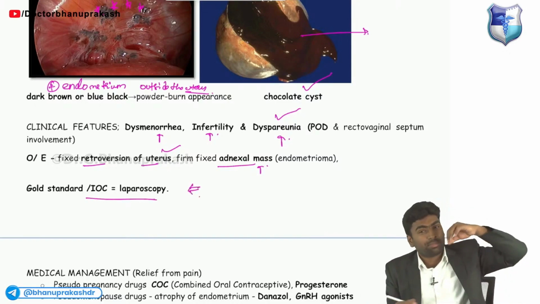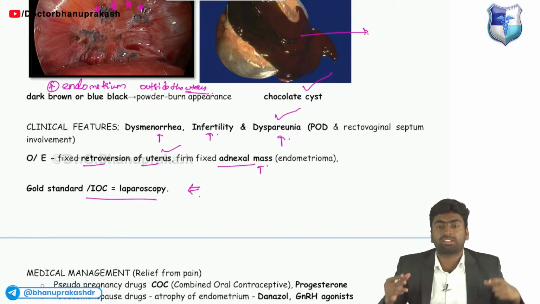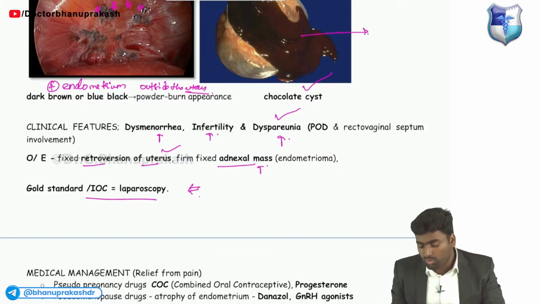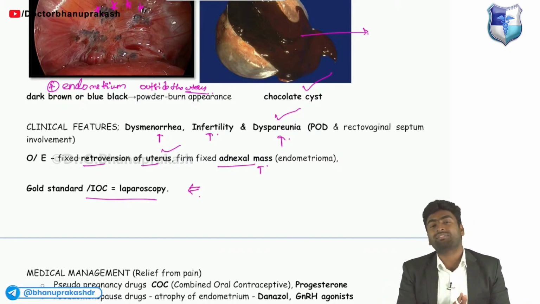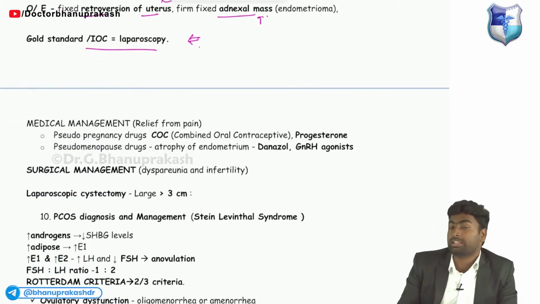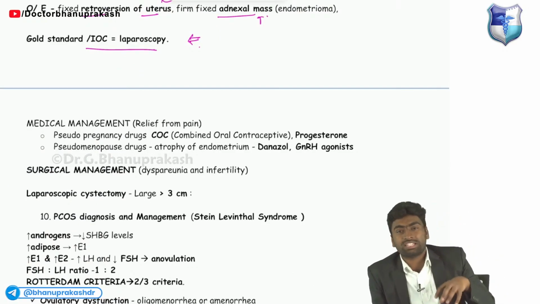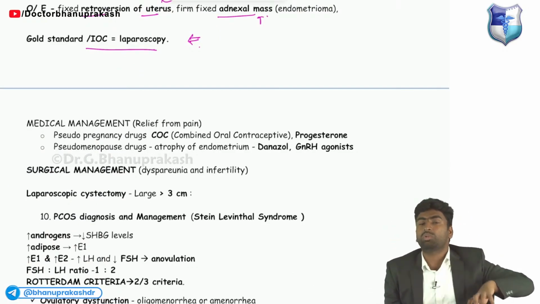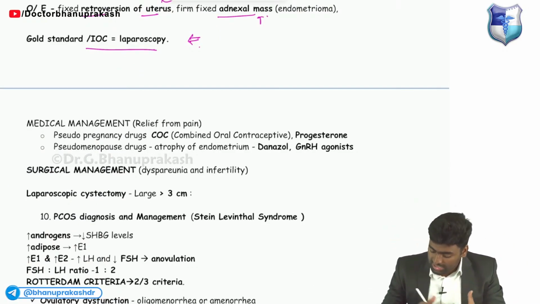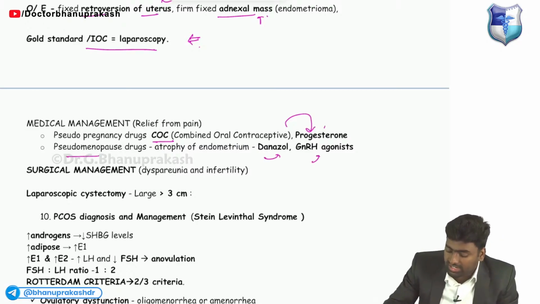So with laparoscopy, we'll diagnose it, take a sample, do histopathology examination, and confirm it. So the gold standard investigation is laparoscopy along with histopathological examination. For medical management, the patient is complaining of pain. Pain is because of the estrogen and progesterone cycle. So we'll give COC, combined oral contraceptive pills, which have progesterone action. Or else we can create a pseudo menopause state with danazol or GnRH